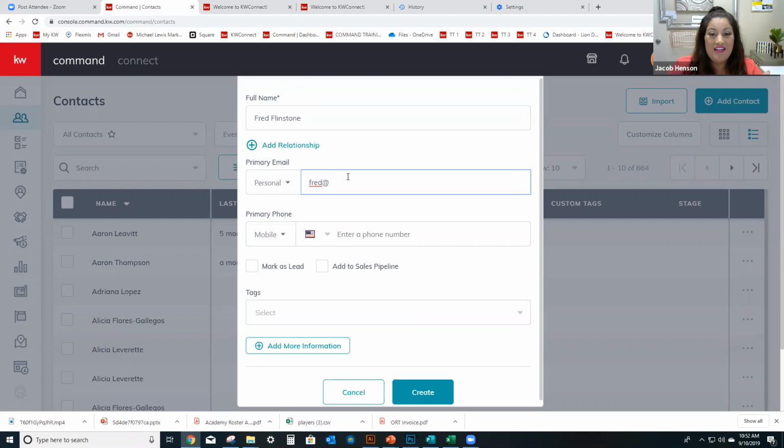Really important to have an address, because one of the coolest things that Command does, and Kelly does, is have the snapshots of the market data for the neighborhood they're in. So if you have the address they're in, you're really going to be able to wow your clients with that feature. So try to get their addresses. So Fred at bedrock.com, and then he's,